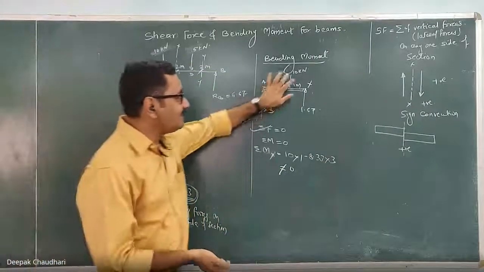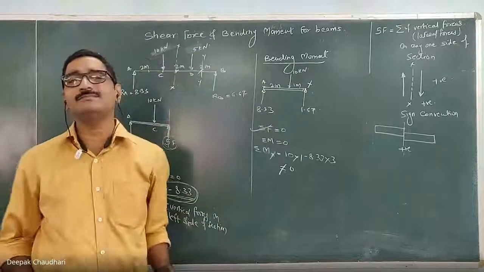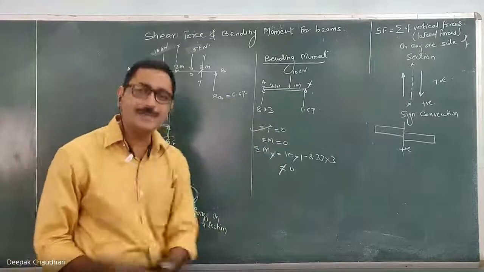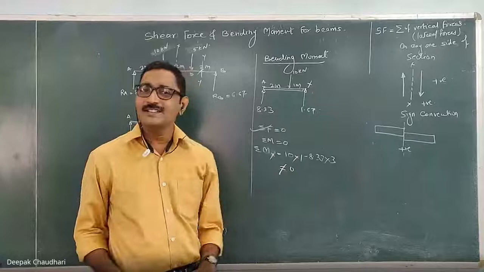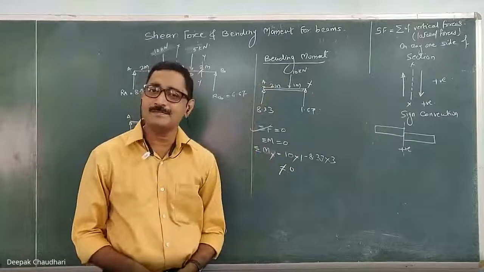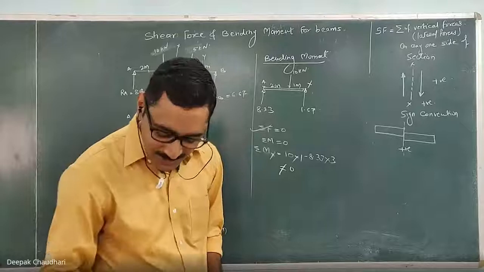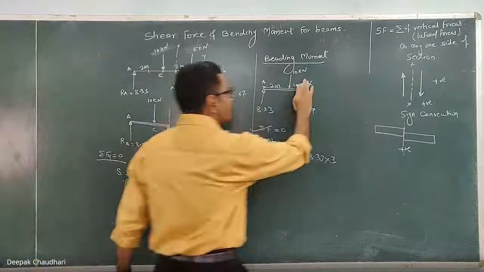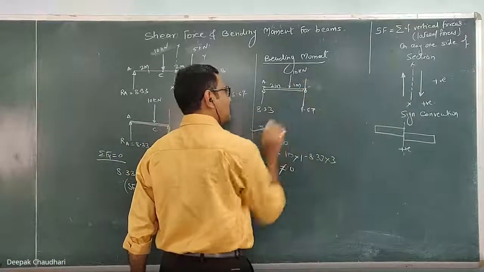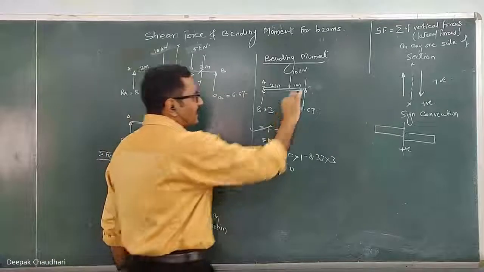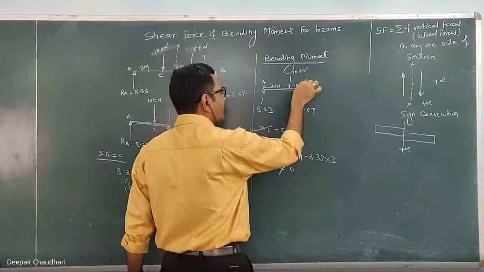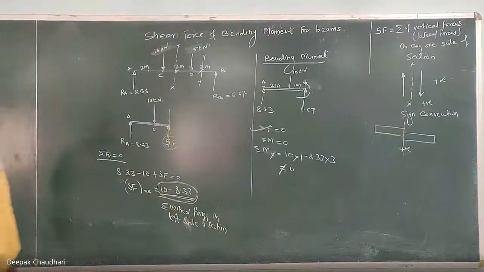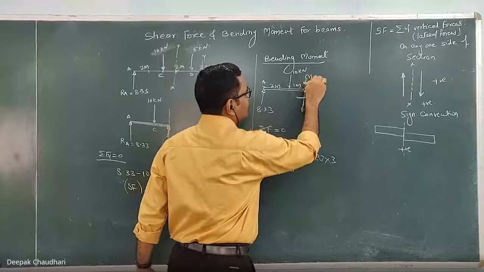Okay, it means that with these three forces, this part is not in equilibrium. Forces are balanced, but moments are not balanced. There is some unbalanced moment in the system. If you calculate this, this is the unbalanced moment present in the system. Okay. So, to balance this moment, one resisting moment is induced at this section. Where you took the section, here there is one resisting moment induced at that point. Okay, this is the resisting moment induced at this section XX.